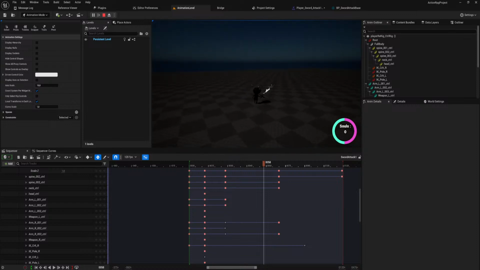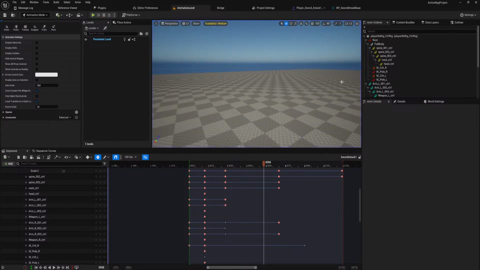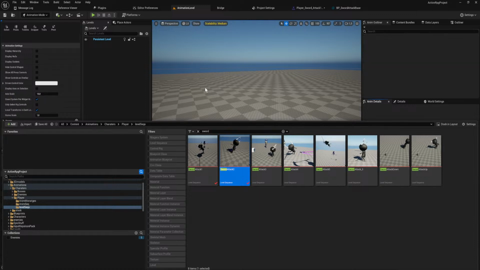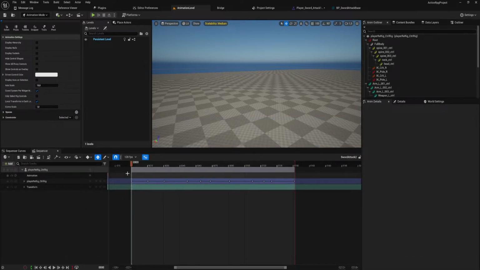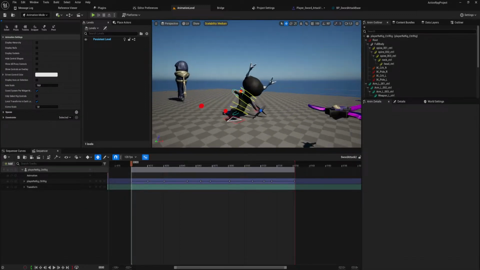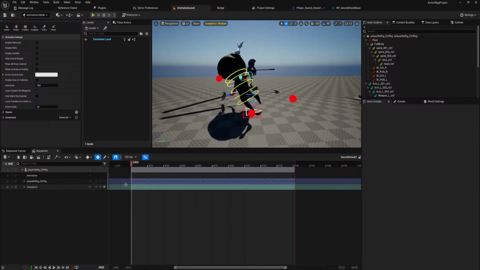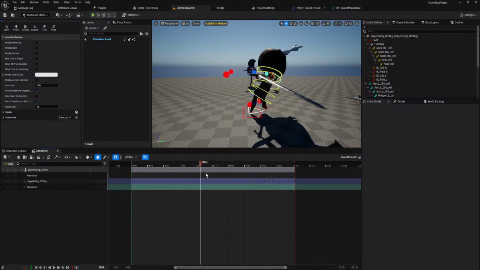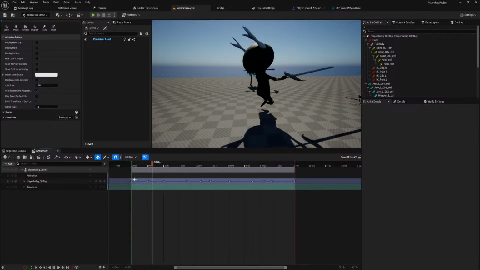Nah. How? How? How? How do I improve the transition from attack 1 to attack 2? Because there's no wind up to remove from this animation. This just immediately starts.